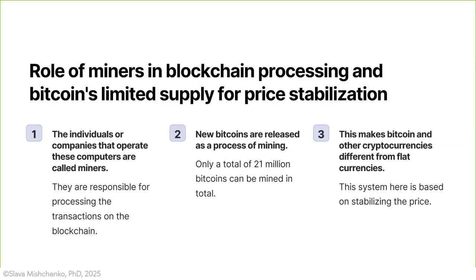New Bitcoins aren't just created out of thin air; they are released as rewards for mining. But here is the brilliant part. As we say, Bitcoin has a hard cap of 21 million coins. And this isn't just an arbitrary number. It's fundamentally built into Bitcoin's code, and it can't be changed. And this fixed supply